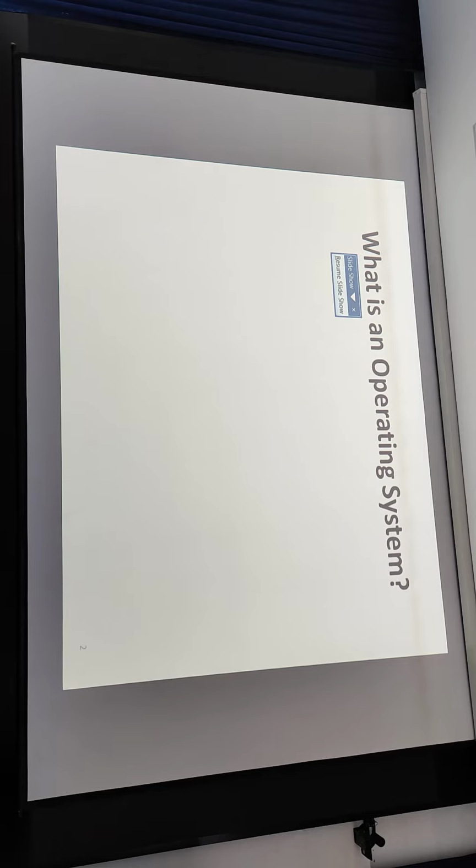The software system that manages our hardware components, right? To permit many users to use the same set of hardware components. To permit many processes to use the same set of hardware. That's all. It's not necessary to describe exactly what an operating system is, but basically you understand that.